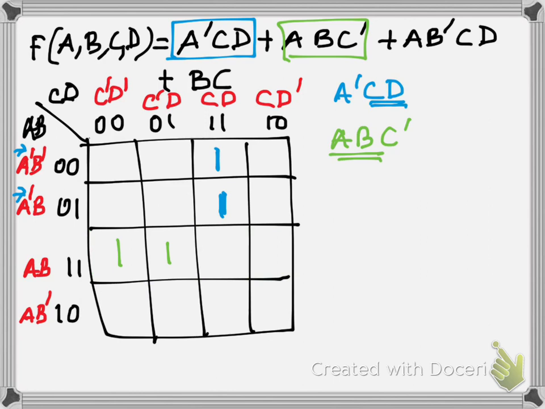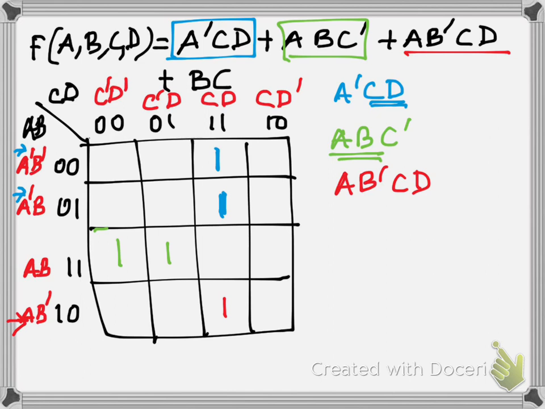So here AB, we took this particular row and next variable is C dash. So which are the columns in this row which have got C dash? This and this. So we put a 1 here. Okay, so the second term. The third term is quite simple because it has got all 4 variables. So A, B dash, C, D. So which has A, B dash? A, B dash is this one. A, B dash and C, D. So this is the one.